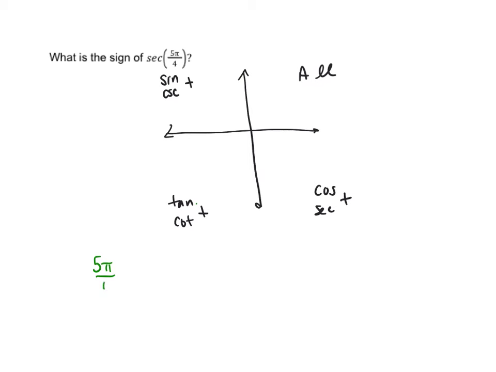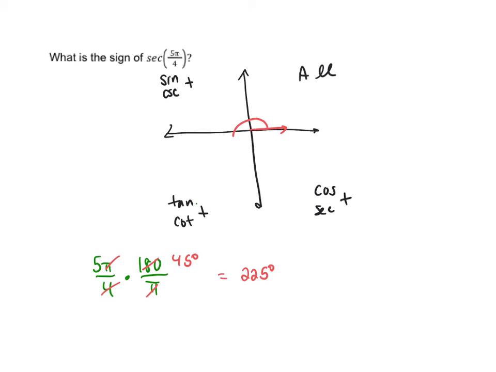If I change this to degrees, so multiply it by 180 over pi, our pi's will cancel. 180 over 4 will give me 45, and 5 times 45 will give me 225. So now if we think about where that is,